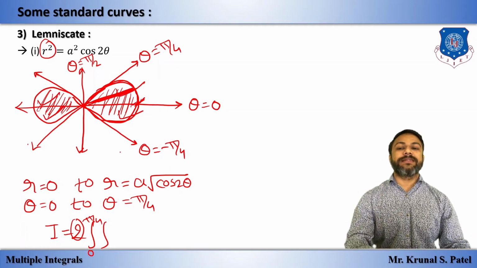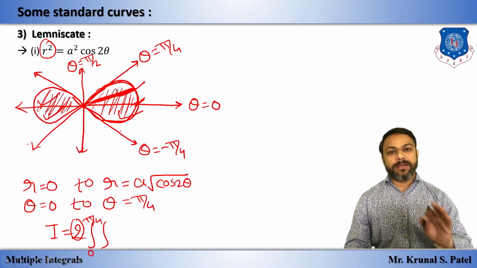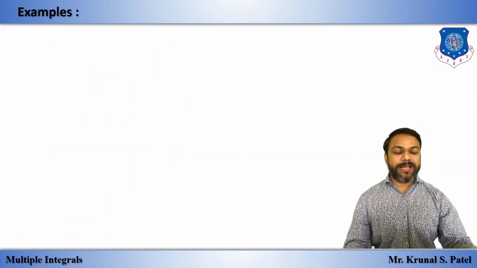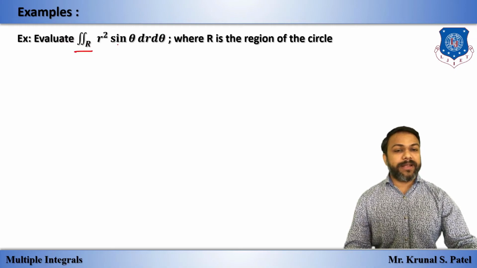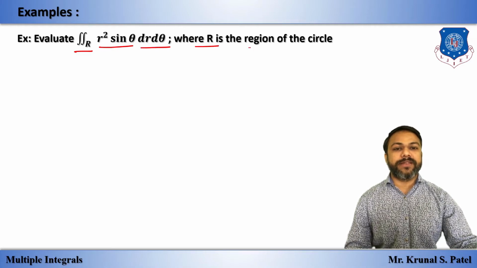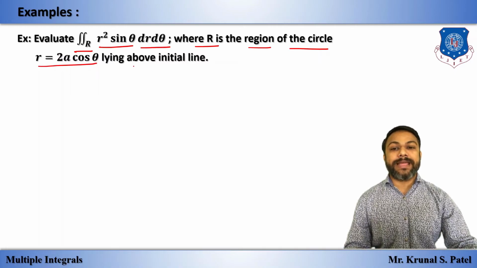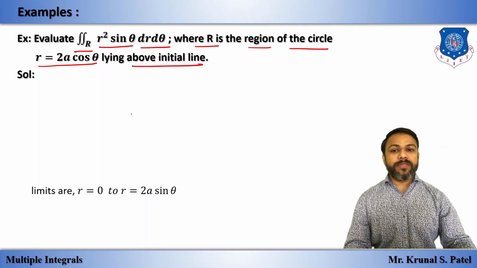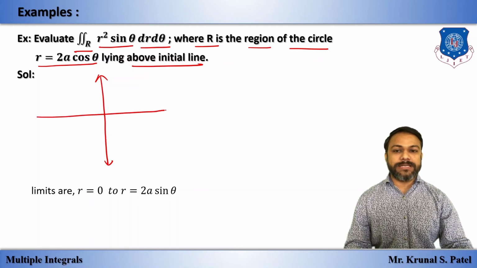Okay, so these are the 3 different graphs which we will use maximum in this topic and use of this topic in future. So we have the very first example. Evaluate double integration over r square sin theta dr d theta, where R is the region of circle r is equal to 2a cos theta lying above the initial line. Okay, so first we will draw the circle